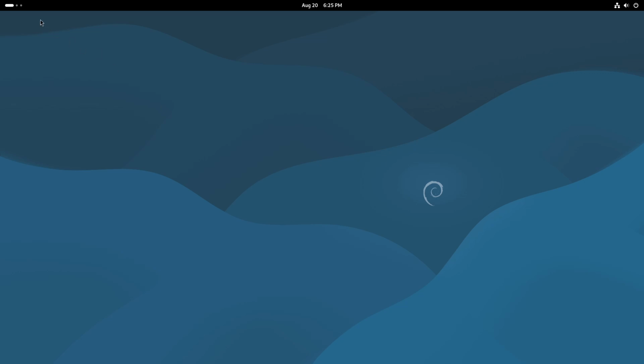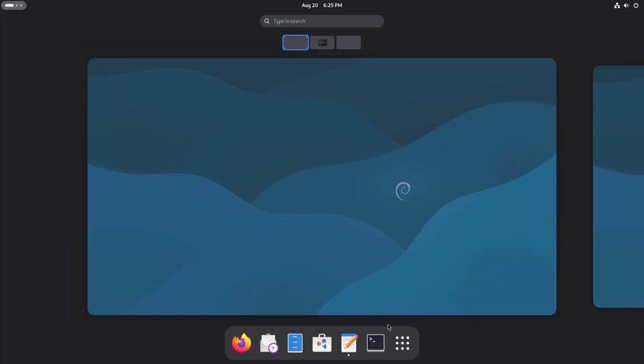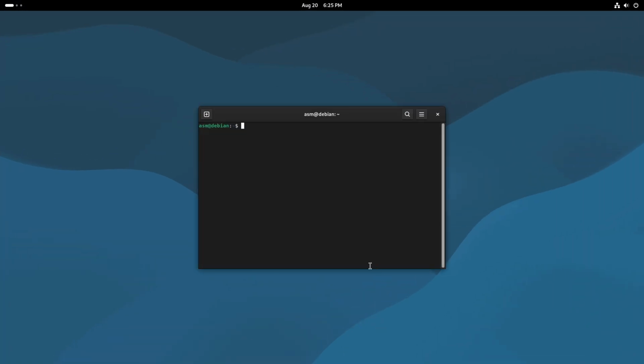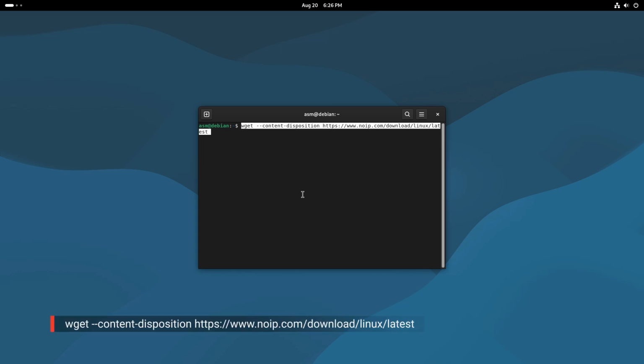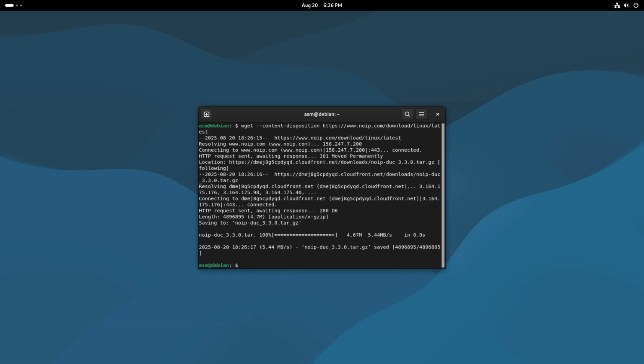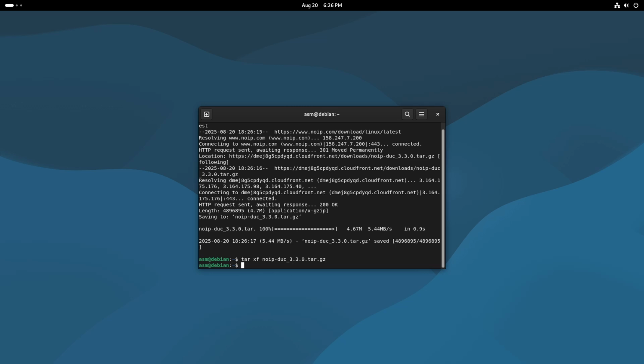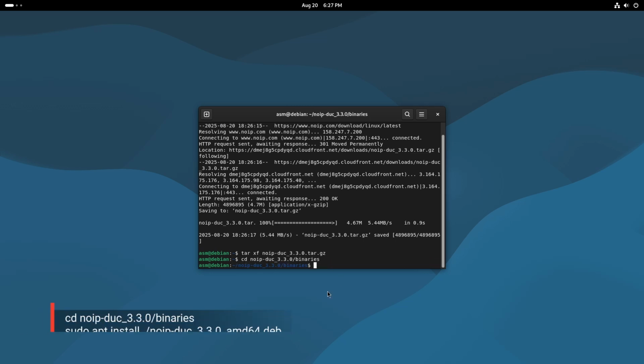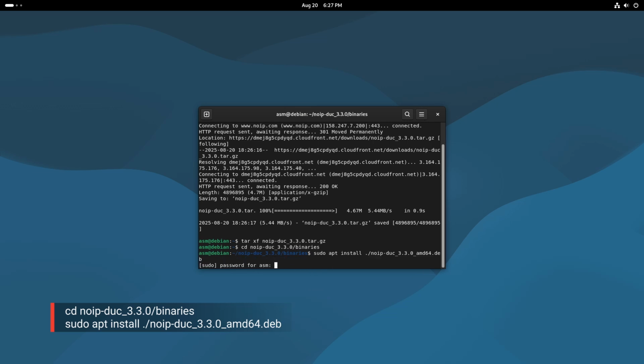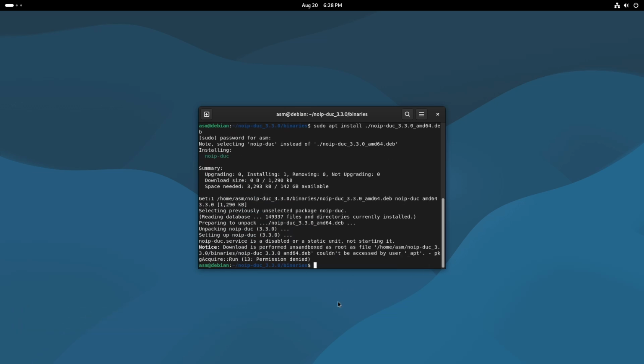Install No-IP DUC using the package manager. This method works best for Debian-based systems: Ubuntu, Mint, Raspberry Pi OS. Download the latest DUC package. Extract the tarball. Navigate to binaries and install the correct package. Once installed, verify with